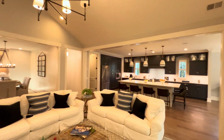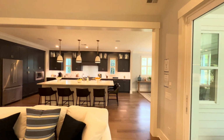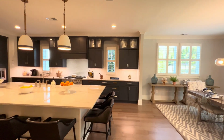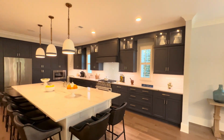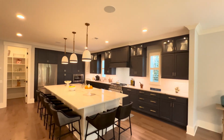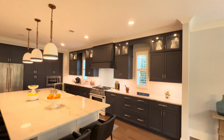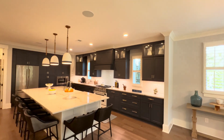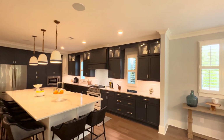Okay, so I love that. And then obviously in here we have the engineered hardwood flooring as well. And then going into our kitchen, this is exactly what you get. Love all the storage space that you have. This entails the crown molding on top. You'll notice that in certain parts of the room. Also, you have the stacked cabinets with the glass panes,